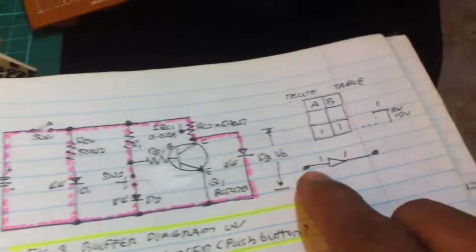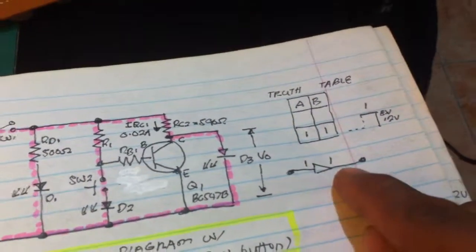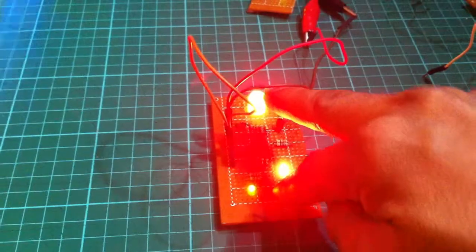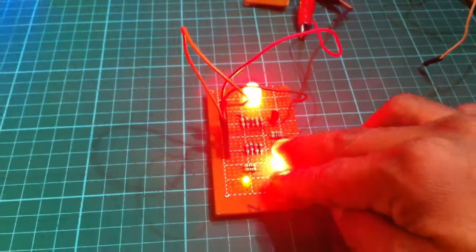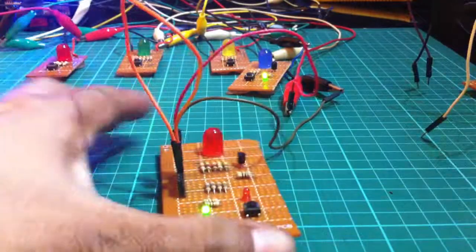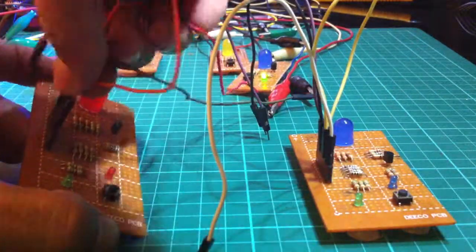So let us now push the button, making it 1 and the output 1. Pushing the button, input 1, output 1. So we have now the output 1 or LED turns on. Input 1, output 1. We can also use this inverter gate separately by connecting